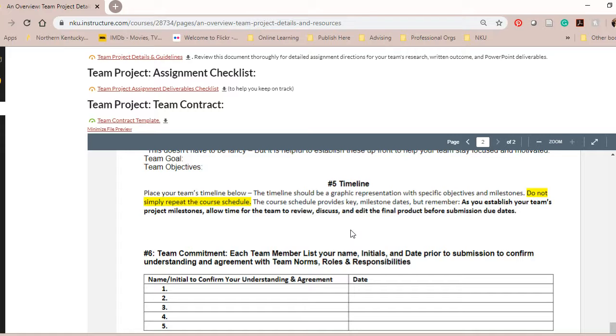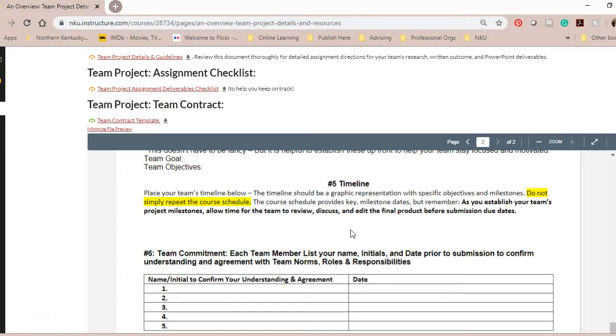That's still graphically and visually providing your timeline. If you do that, just as you prepare it, make sure you're not just copy pasting the course schedule, because your timeline needs to allow into that time management your goals and objectives on a weekly or bi-weekly basis. Twice a week, maybe you're going to touch base, which is a good idea. In any tight timeline project, there may be touch base on Wednesday and Saturday, or Thursday and Friday, whatever your team establishes, and the deadlines for people to submit their resources to the person who might be the design leader